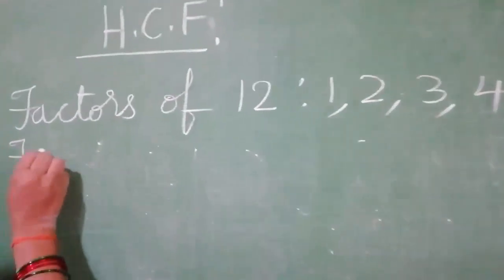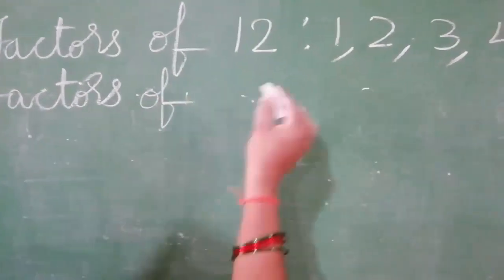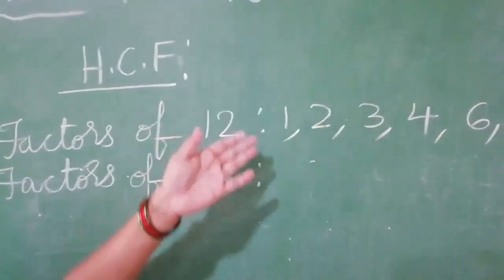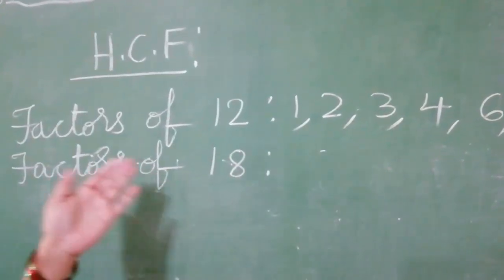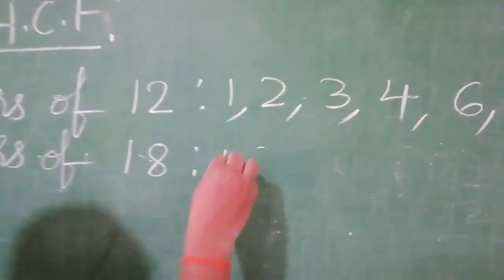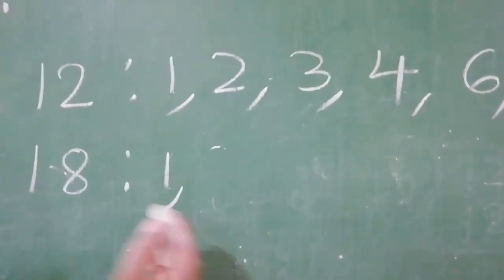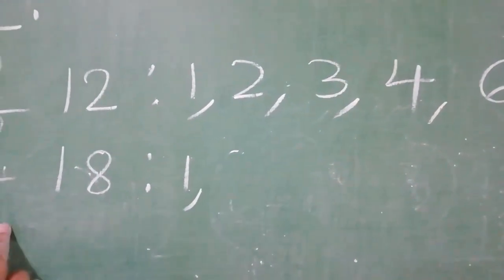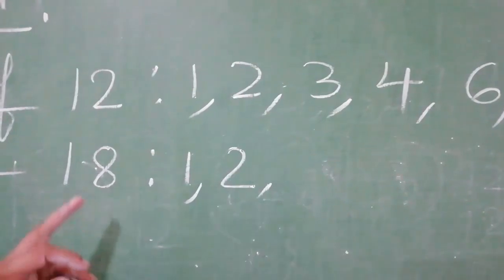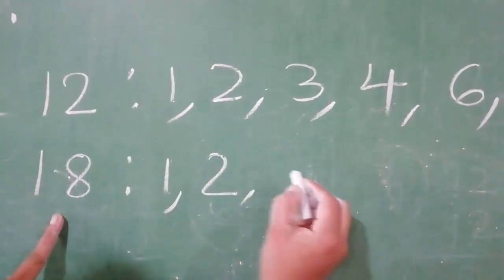Next we take the factors of 18. Before I told how to find the factors by division method, the same way also how to find the factors of 18. First we check 1. 1 is a factor of every number. 1 18s are 18. The second number 2, 18 is cancelled by 2. Yes. 2 9s are 18. Next number 3. How many times is 3 cancelled in 18? Yes, 3 6s are 18.